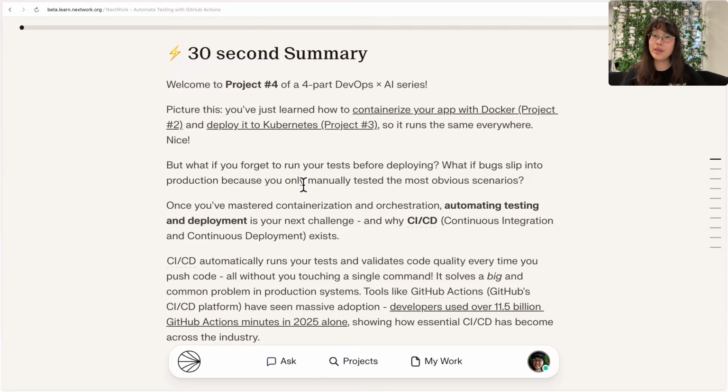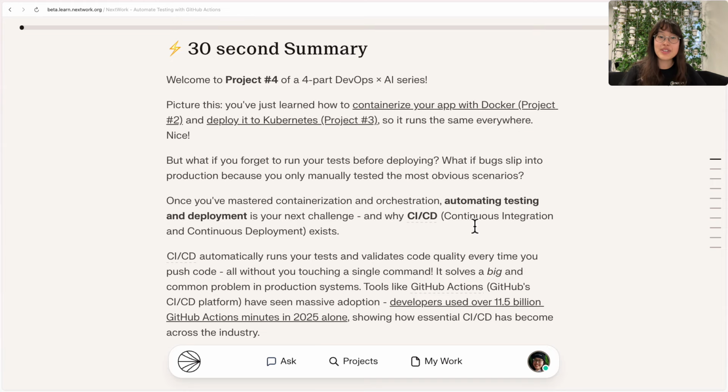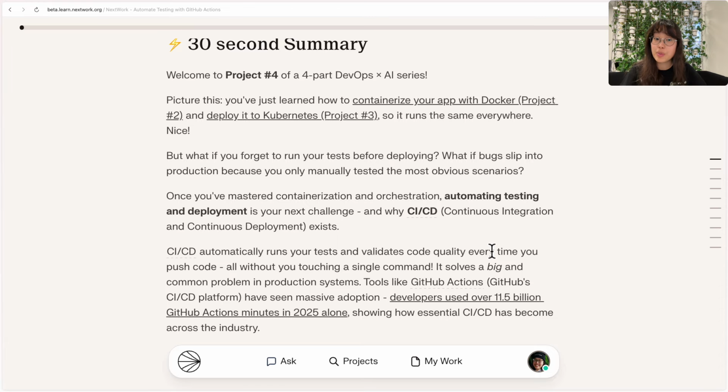Once you've mastered containerization and orchestration, automating testing and deployment is your next challenge, and that's why CI/CD, which stands for continuous integration and continuous deployment, exists. CI/CD automatically runs your tests and validates code quality every time you push code, all without you touching a single command. It solves a big and common problem in production systems, and that's why tools like GitHub Actions, which is GitHub's CI/CD platform, have seen such massive adoption. In fact, developers used over 11.5 billion GitHub Actions minutes in 2025 alone, showing how essential CI/CD has become across